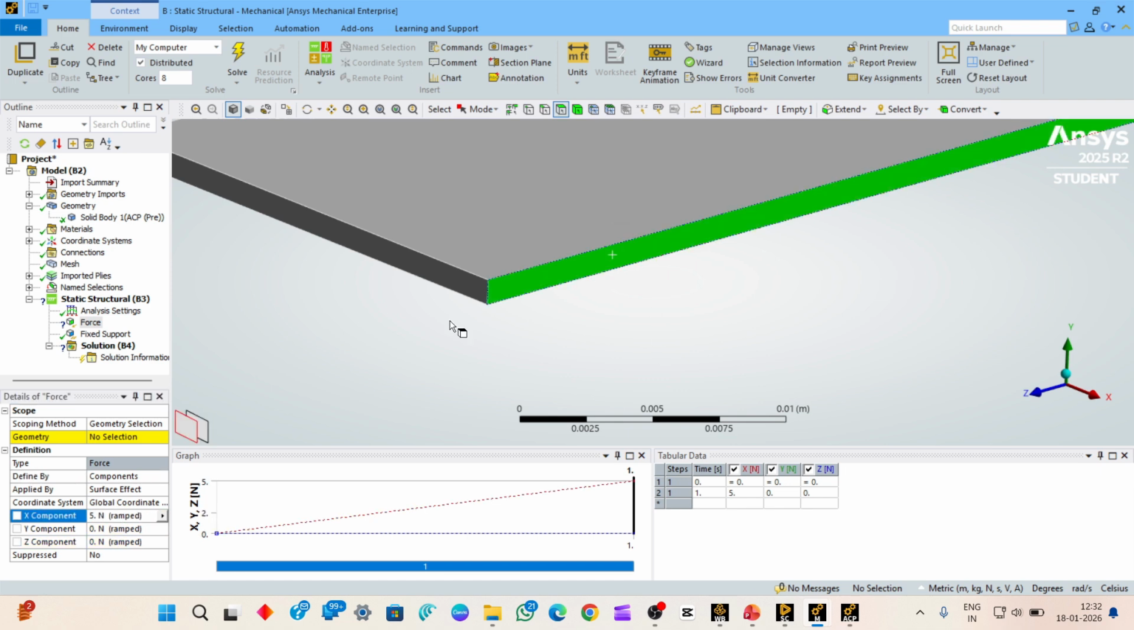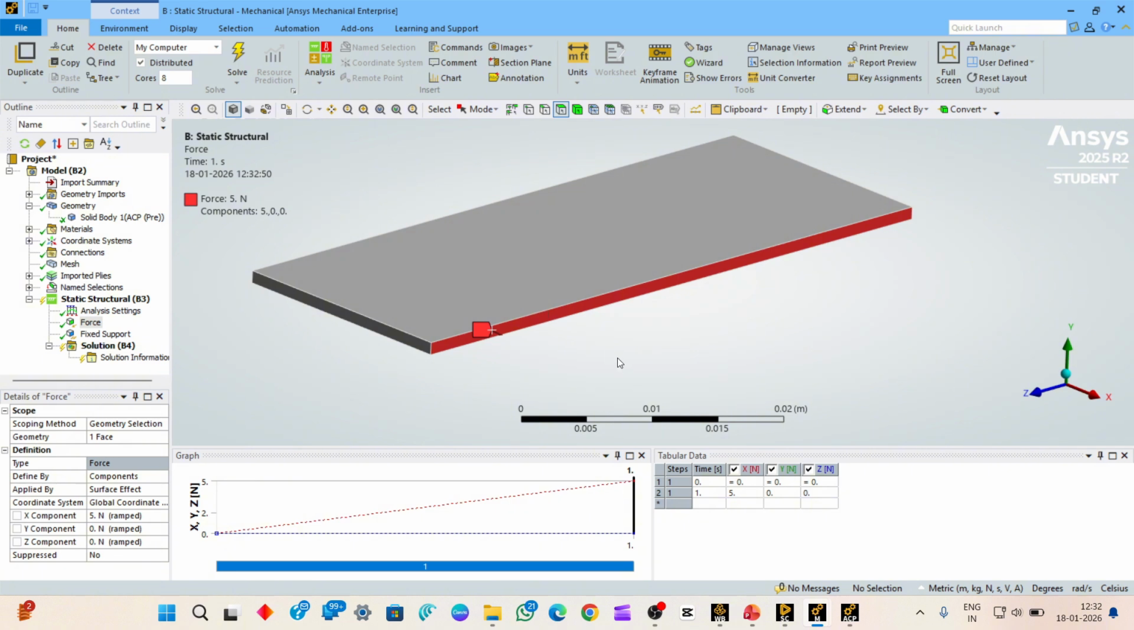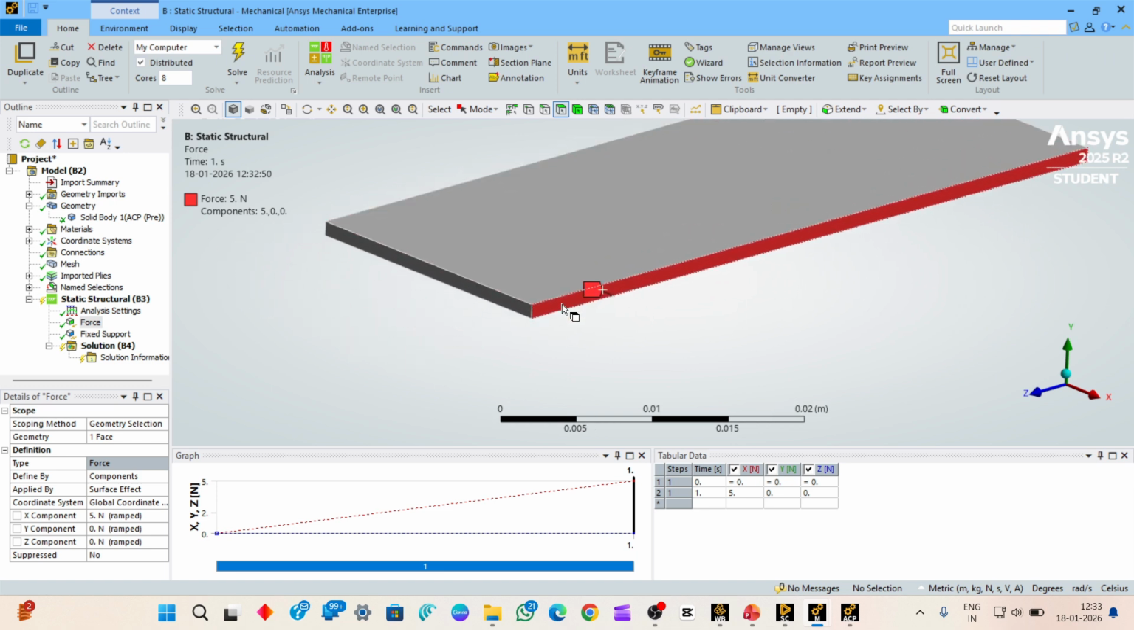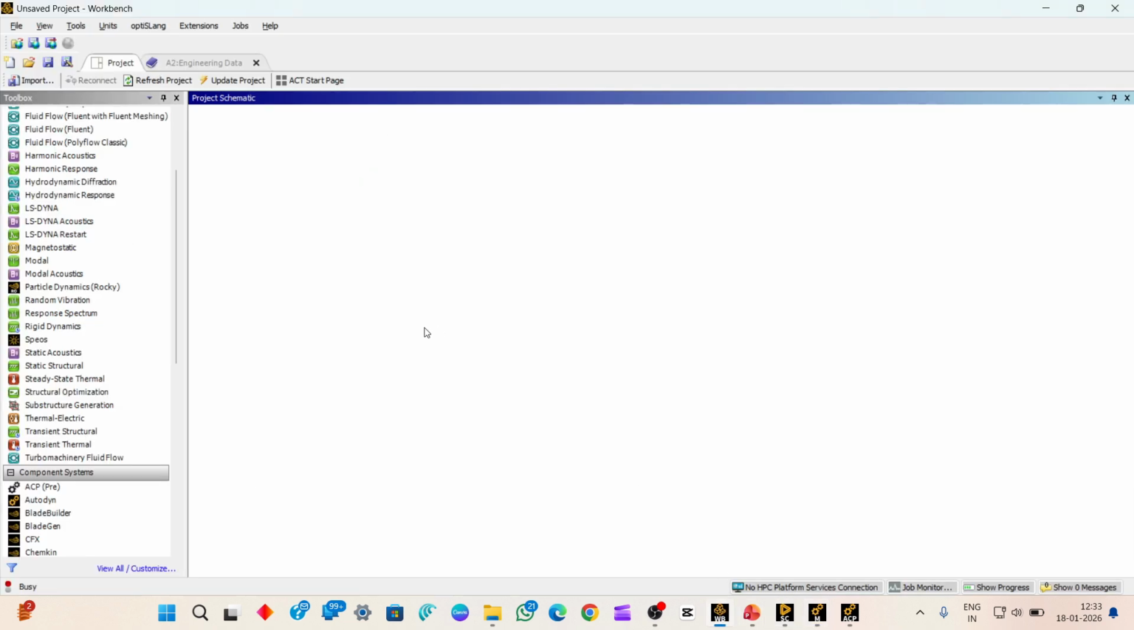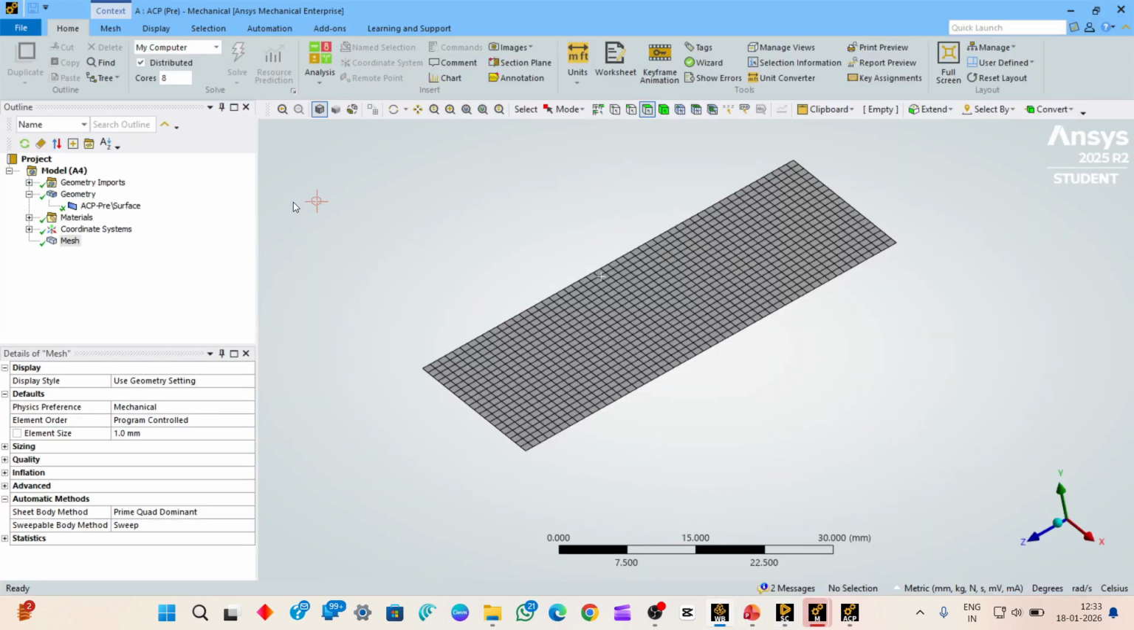So on the face is this. So in this face 5 Newton is given. This is the force that we are going to give. And then the thing is, this is what we do normally, but as we are going to do a parametric study, as we are going to do an iterative study, this is not how we are going to define the force and fixed support. For that, we need to go to the model from the ACP model, and then